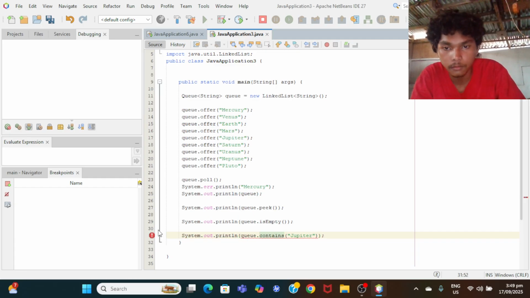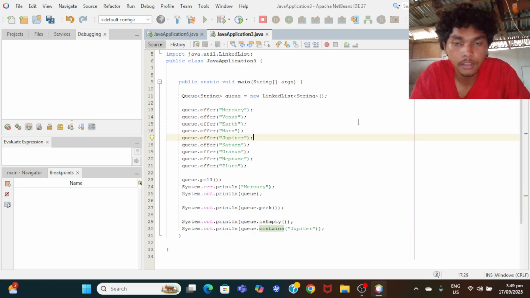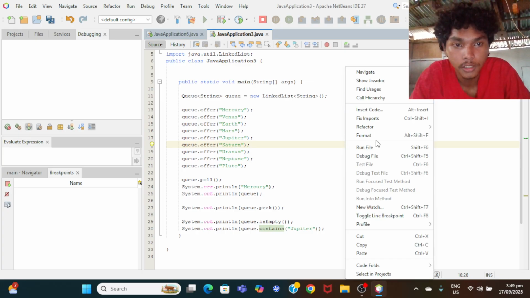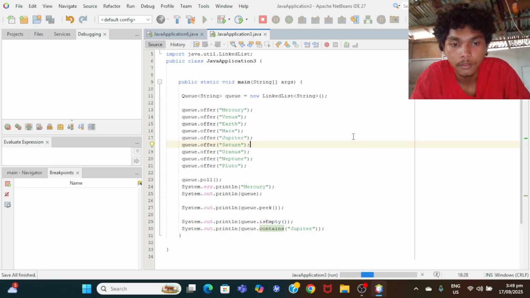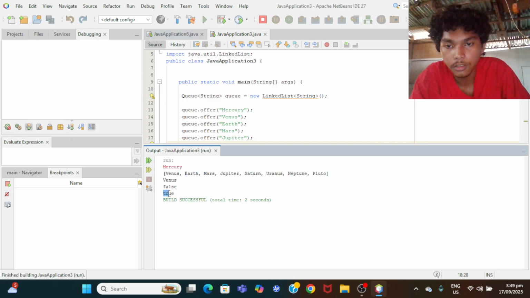That's it. So let's try to run this. If our queue contains Jupiter, it will say true. If not, it will say false. So let's run this. As you can see, it's true because our queue contains Jupiter.